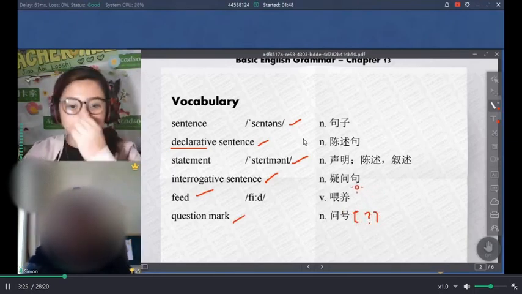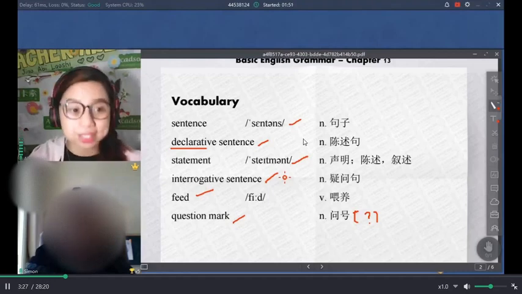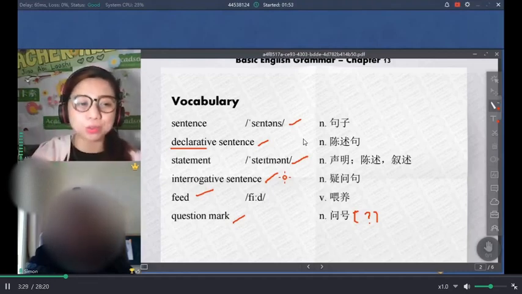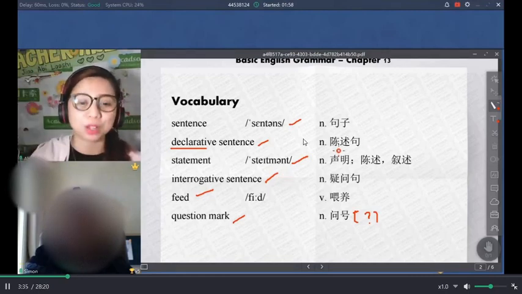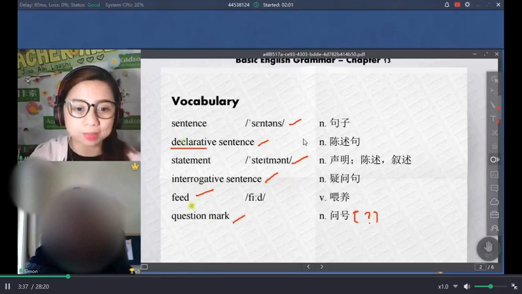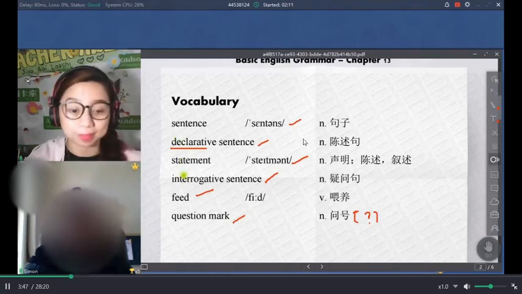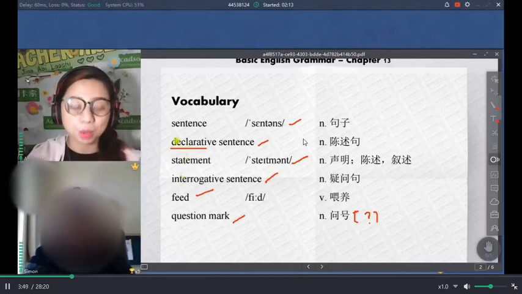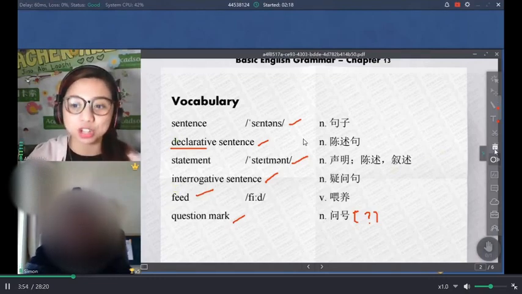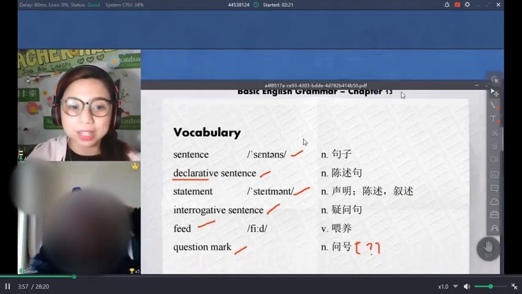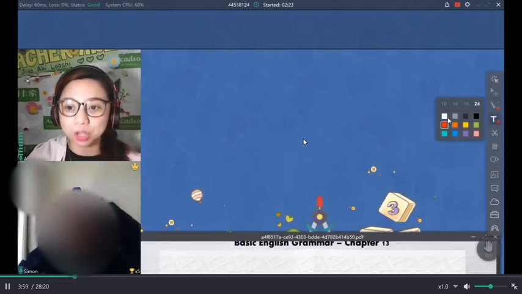All right. So these are important words. I want to know which word from this list is difficult for you. Do you know each word? I don't know interrogative. It's the first time I learned the word. Okay, sure. So actually, in this lesson, we're going to learn